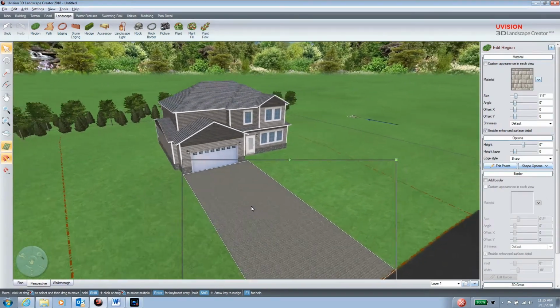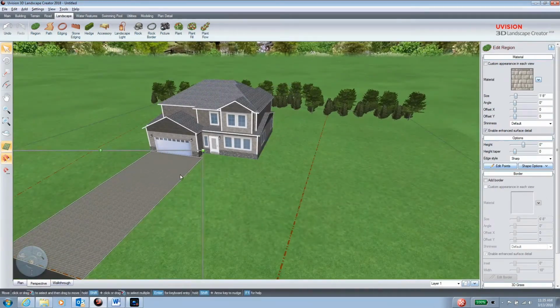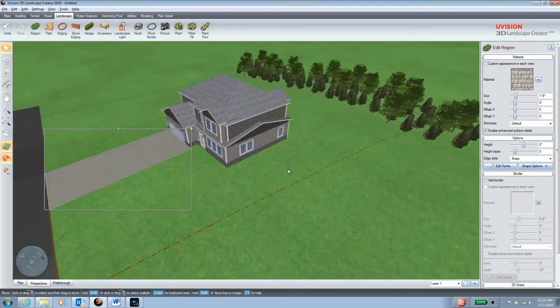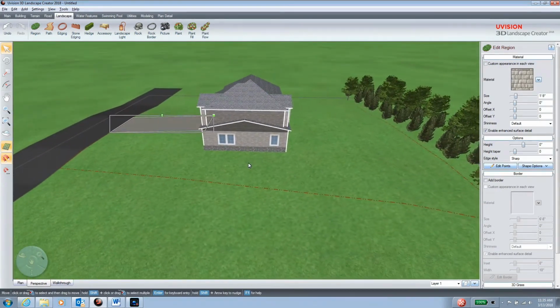This is very, very helpful because now you'll have a very realistic slope, and when you build steps on this spot right here, you'll most likely build a step, and it'll have a kind of a tapered rise. So that takes care of the driveway installation. Let's take a look and see